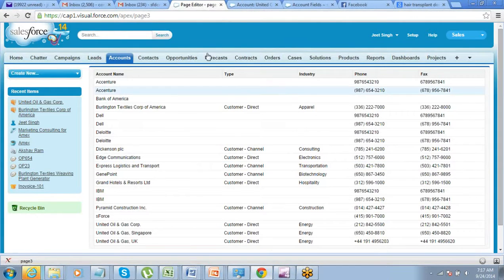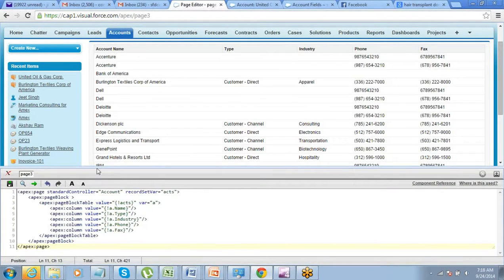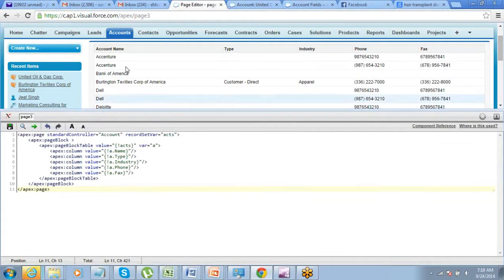See, so in a standard list controller page, you did not have to supply the ID. It has by default taken the complete list. Just that you have to form a table and define the data in columns.